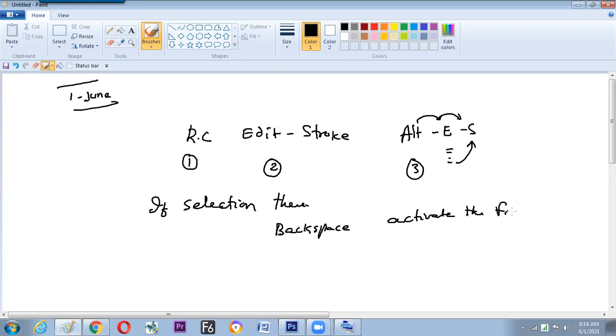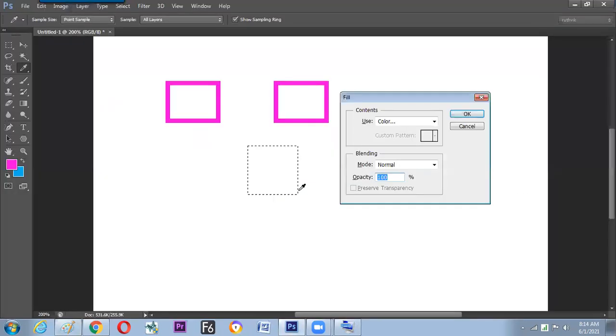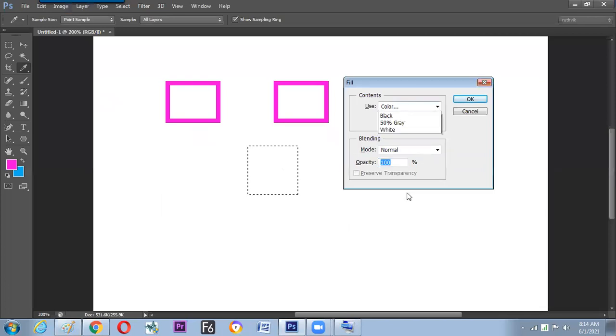the fill, and fill is a command which helps you to fill various things, not only a color. So what other things can be filled? It is mentioned over here. These many things can be filled up. Black and white are already given, and gray color, which is the mixing of black and white. Three different solid colors are there here.